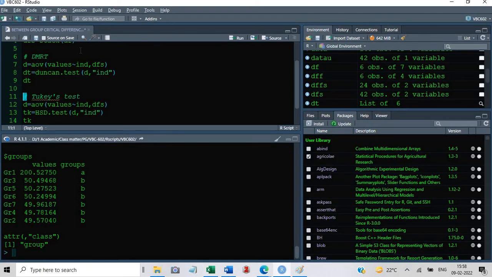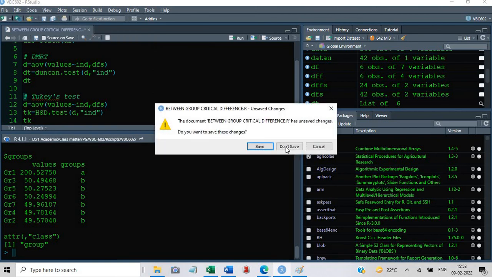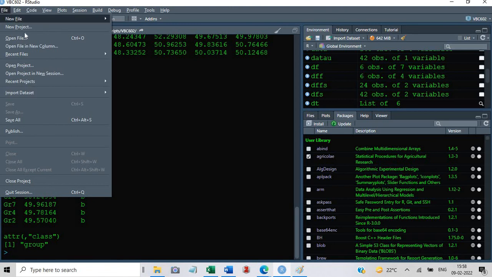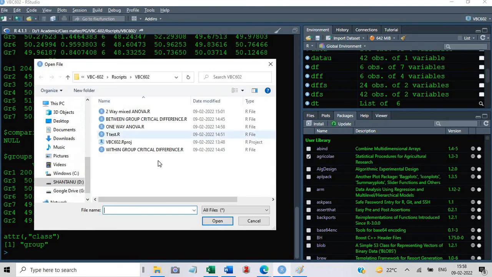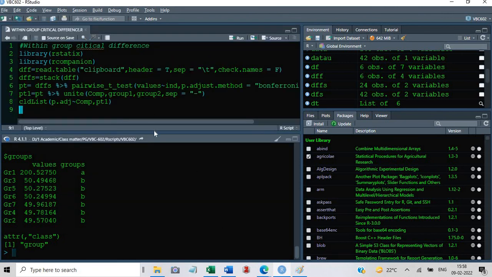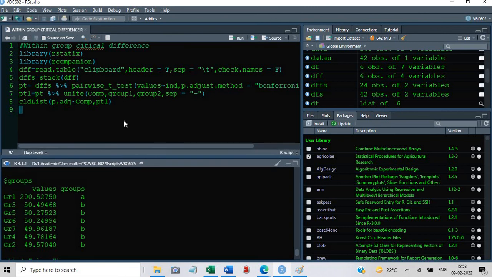Let me close this and open the script for within group critical difference. Open file, open.